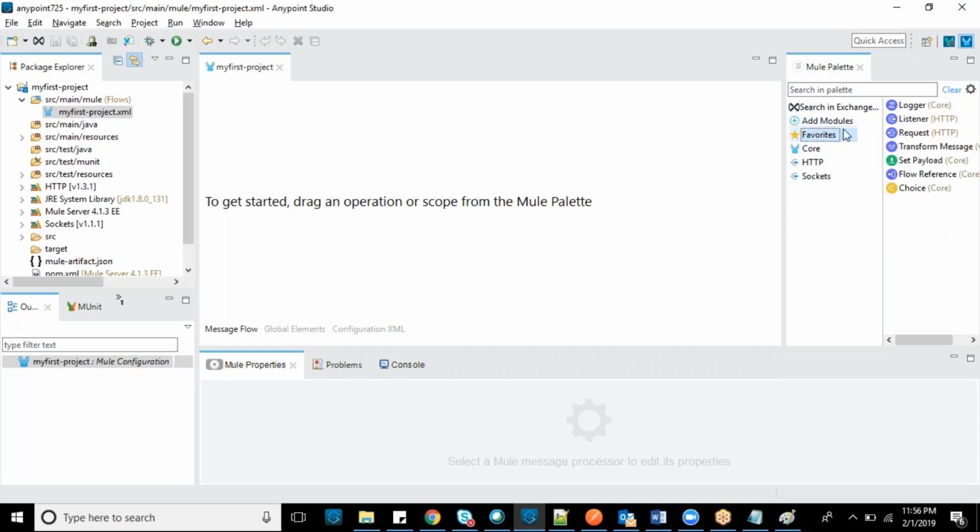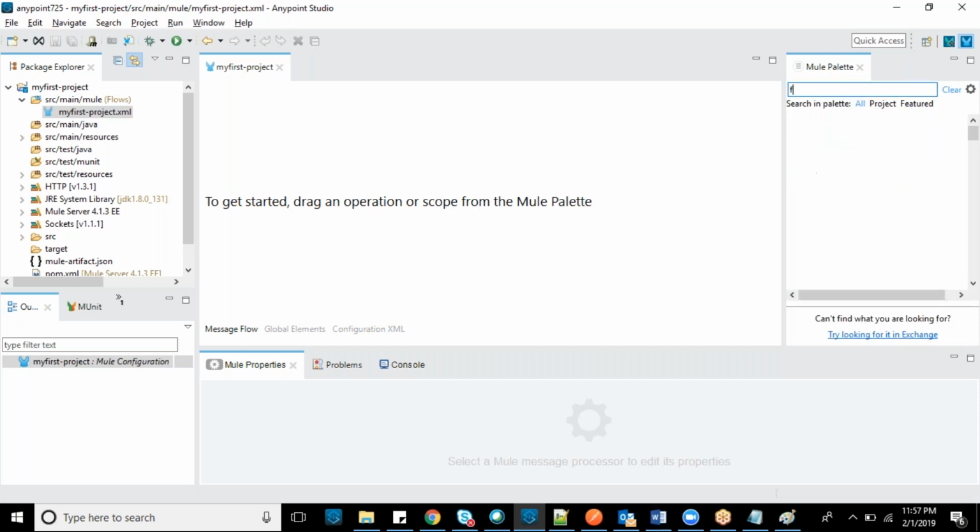Don't be afraid of that. I can give you a basic execution of one Mule flow. I already created a project. When you click on that, it says to get started, drag an operation or scope from the Mule palette. Scope, I will cover this topic further on, but to get started, we need a flow.